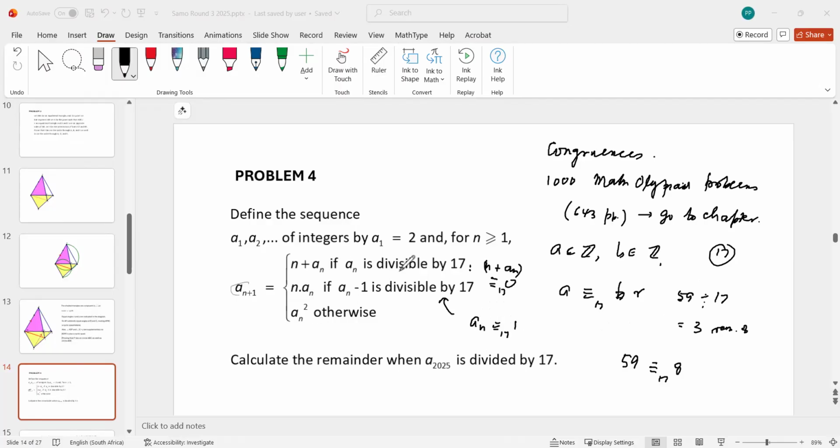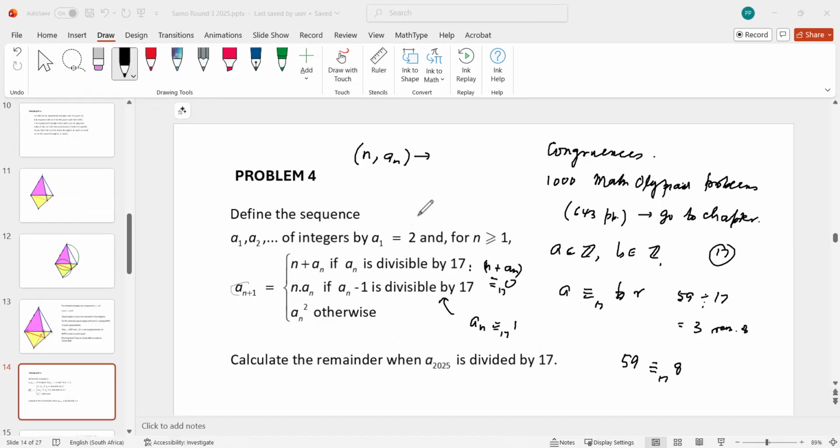So the question now is, you've got a pair n, a_n, and for each number, you can calculate a_(n+1). But we will only put the remainders here, because we need to calculate the remainder when the 2003rd term is divided by 17. So I'll calculate the remainders, and in each of these cases,